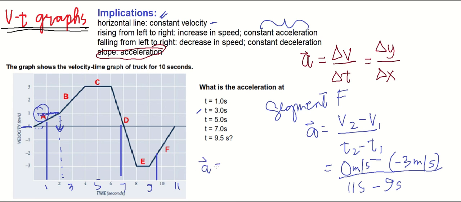Dito ko na lang po, hindi na nagkasya, hindi ko natansya yung sulat ko. We have 3 meters per second divided by 2 seconds. So, you have 1.5 meter per second squared, and this is a positive value, which is again consistent with the trend we've mentioned, that if we have a rising graph from left to right, then we expect a positive value of acceleration. Yan, I hope you learned something,